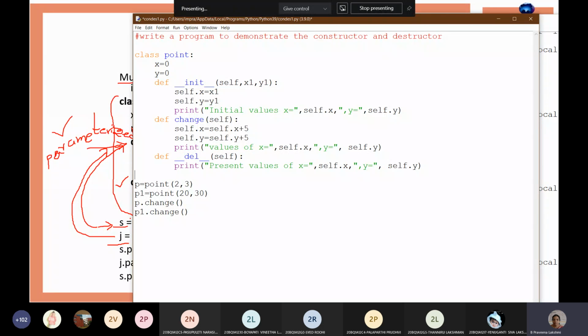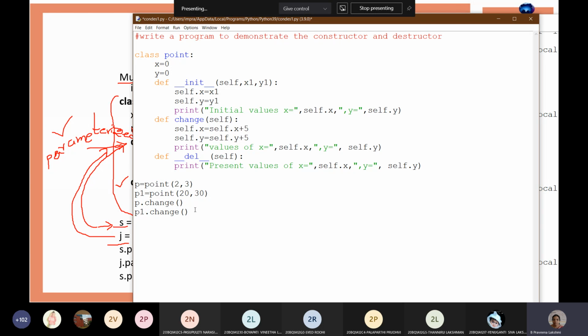Why? Because you cannot see when the object is destructing. Whenever you change the value, at that time it automatically destructs the object. But we cannot have any statement or line which can take values or do something, so for the destructor we don't have any parameters. We cannot send any value to the destructor.